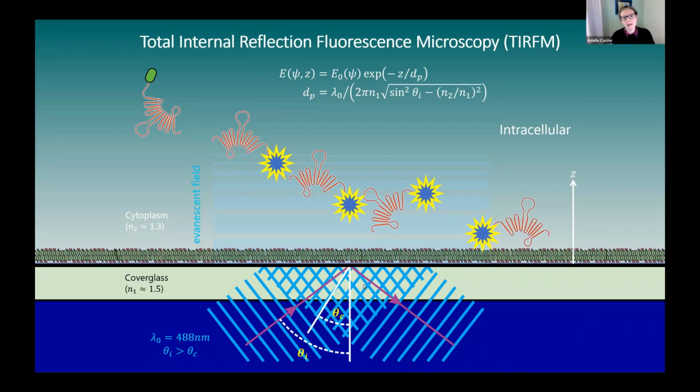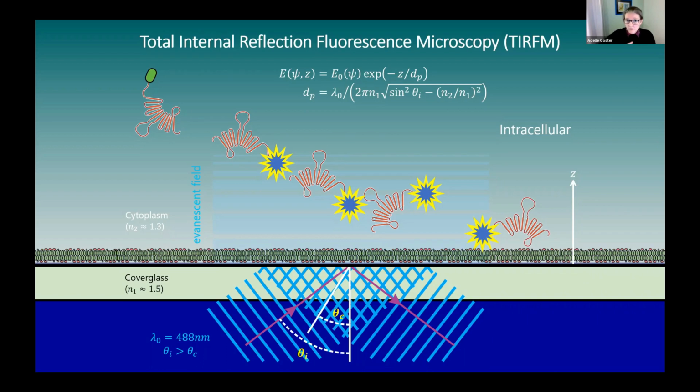But that does not mean that all of the energy is reflected. There is a certain component, and if you look at Maxwell's equations, it's actually carried in the imaginary component, the amount that's carried into the sample, and that's what's known as the evanescent wave. Now, the evanescent wave's energy drops off exponentially, and that depends, as I've written up the top, on the initial energy and also the depth into the sample. Now, the penetration depth is a function of the angle of incidence, the frequency of the light, and also the relative refractive indexes of the two. But broadly speaking, you're talking about 100 nanometers in the sorts of setups that we're seeing.